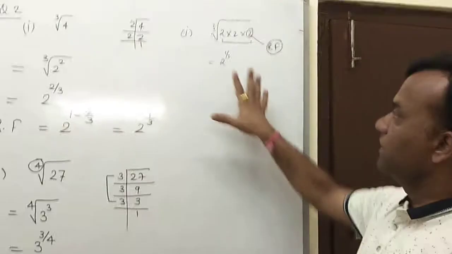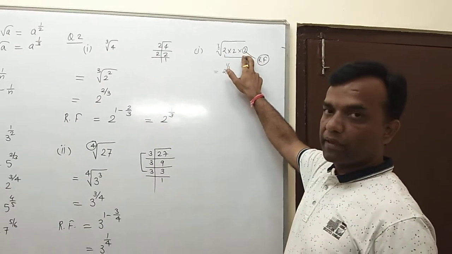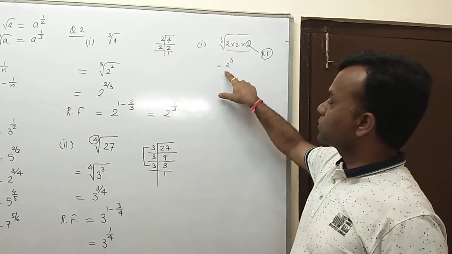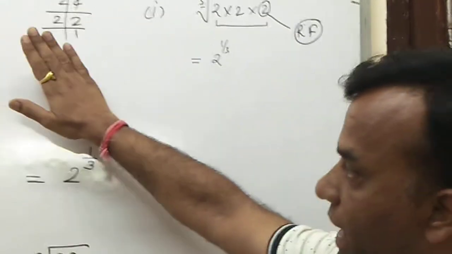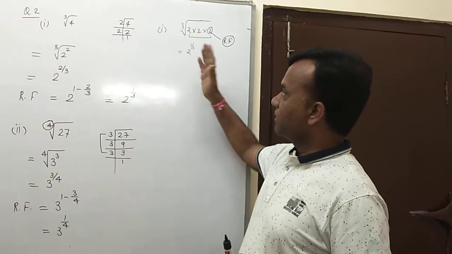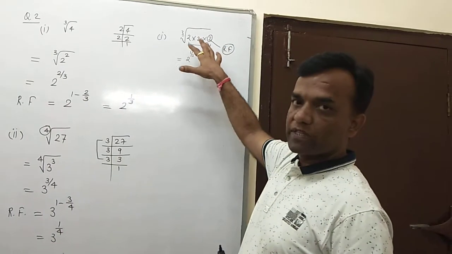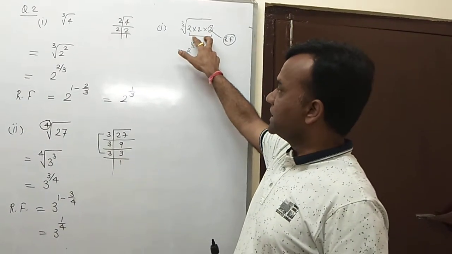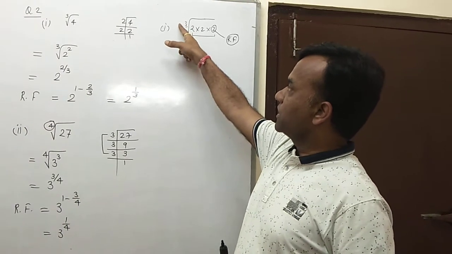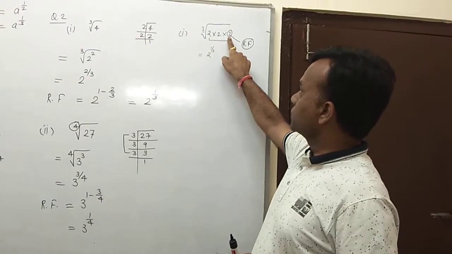Are you solving with the help of the formula, or with the help of the factorization method? Directly you get the concept from the factors, because here you require one term only and its power is 3. So 2 to the power 1 by 3 is required. Whether you apply the formula or apply it directly, both are the same concept, there is no change in the concept. You use the formula, otherwise if you don't know the formula, then you use the concept. How do we remove this whole root sign? It depends on the number of inside terms and its power, because the power is 3 and the inside number is 2 only, so 1 more is required, and in this case we have 2 to the power 1 by 3.